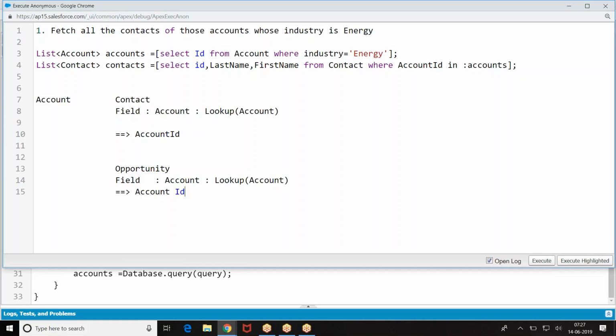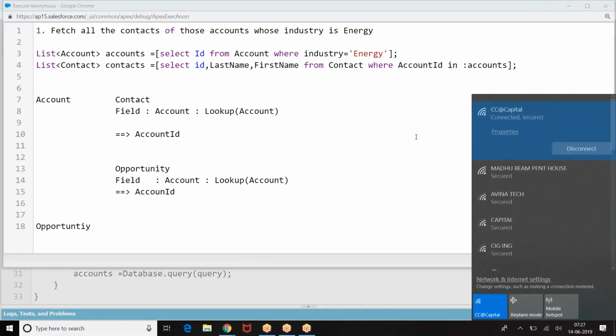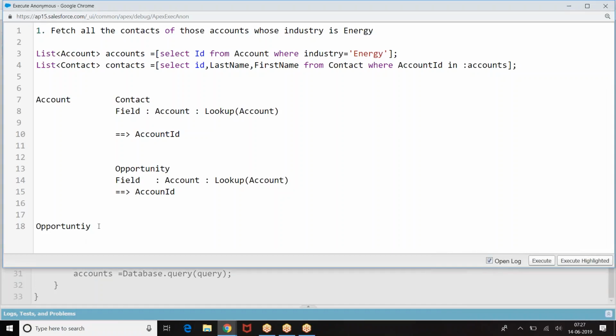Salesforce created this field. Then we had Opportunity Line Item.